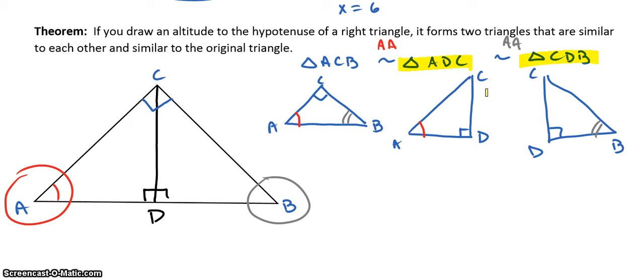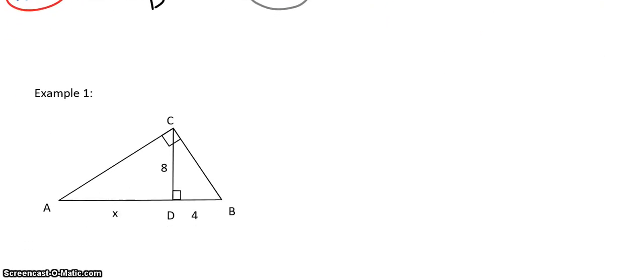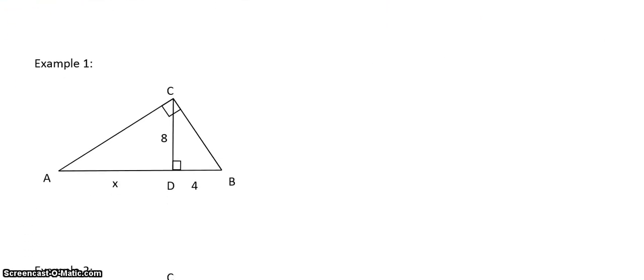So let's apply this to a few examples now. The first piece is you have to decide which triangles to use. Well, we need to solve for x, so it looks like it contains this little triangle. Whenever you have a number in the middle there, you're going to have to use the little triangles, because if it was the big triangle, that 8 is not contained. So we have triangle